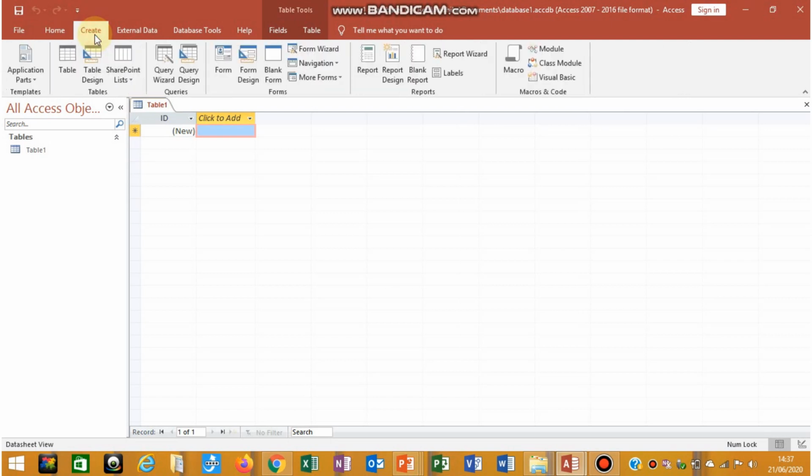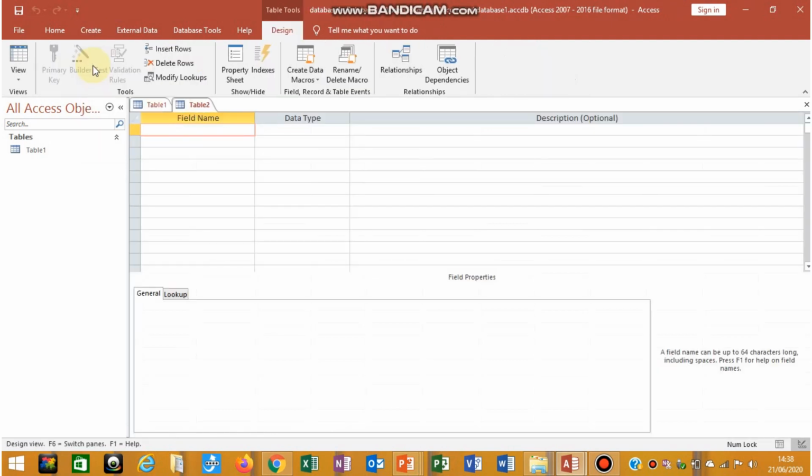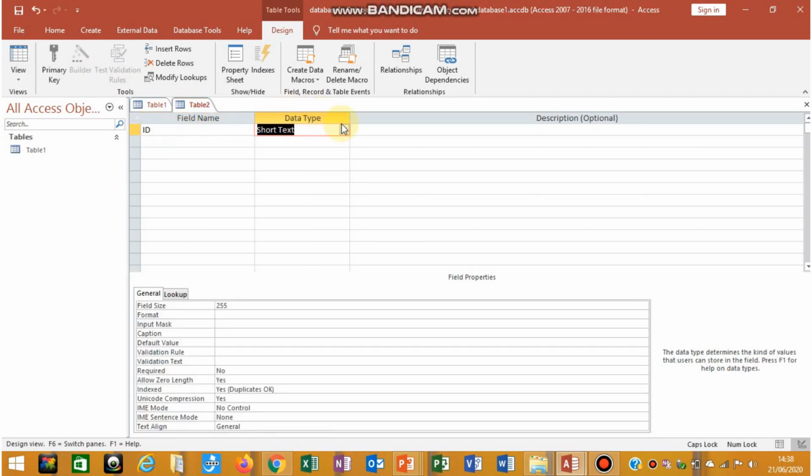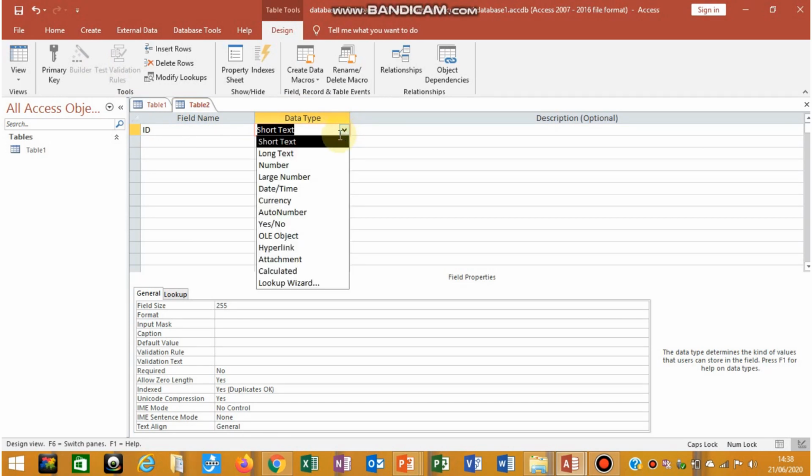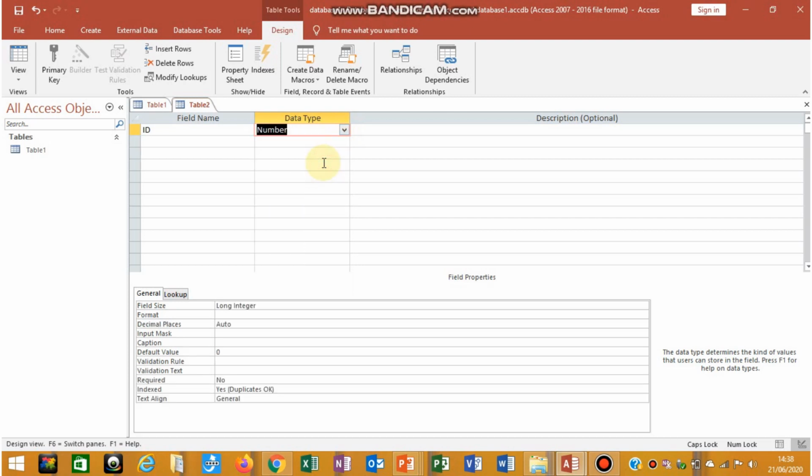Fine. To understand what is field grid pane and field properties pane, enter the create tab. After entering the create tab, click on the table design option, and this is the screen that you will get. Here, for example, I am entering the first field as ID. Then you have to specify the data type. ID is nothing but a number, so it can accept only numbers. Specifying a data type means if you enter any alphabetical word inside the ID field, it will not accept it. It will accept only numbers.